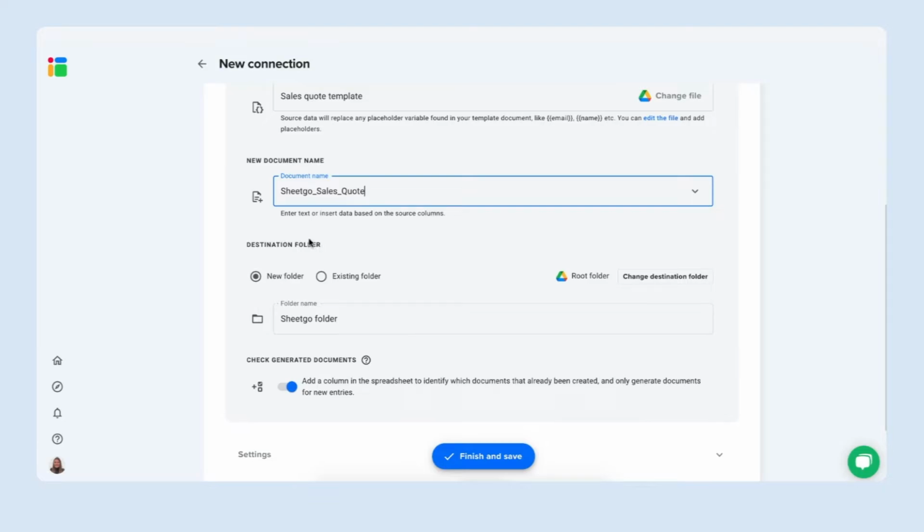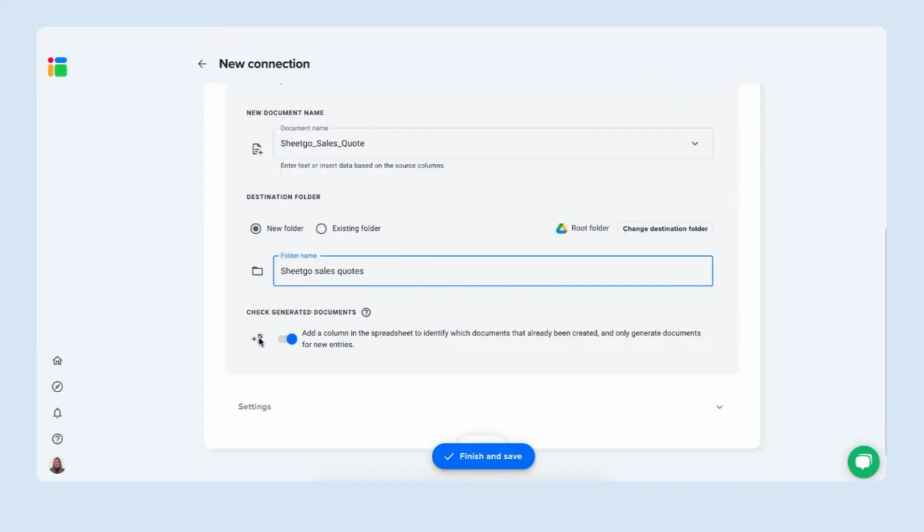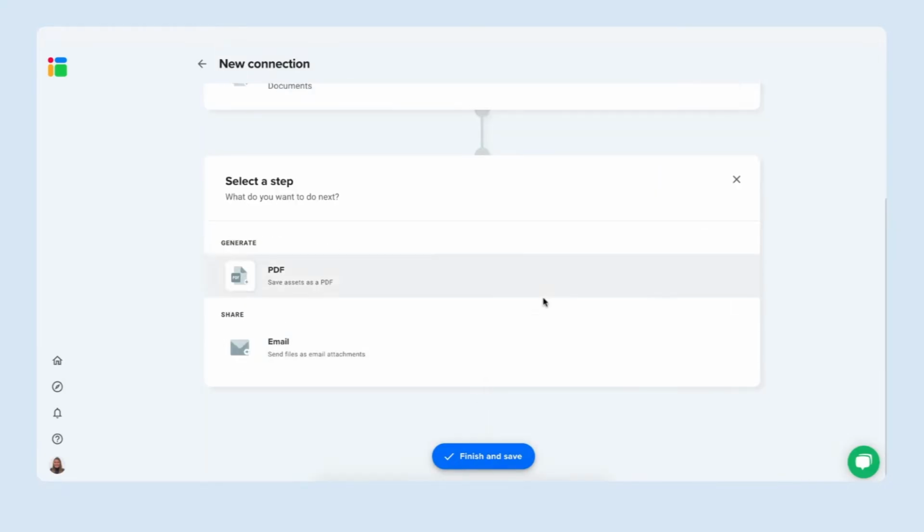Choose whether Sheetgo should save these files in an existing folder or in a new one. We are going to save it in a new Sheetgo sales quotes. And then this setting, check generated documents, is automatically turned on by default because any quote already created will never be duplicated. So we're going to click Next to move on to the step where we save these assets as